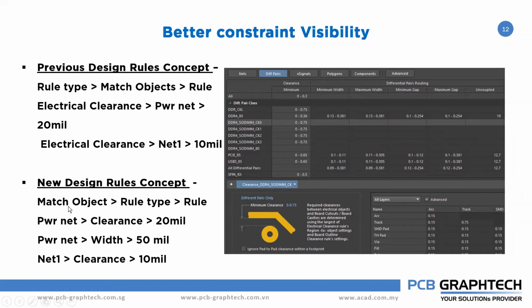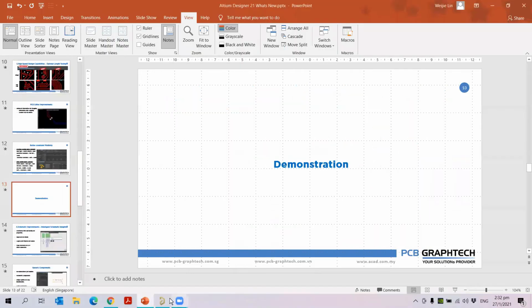But now in the new version, the improvement is we have the document default. So in the dialog box, you can select the design object directly, and based on that, you can set all the design rules. Based on the design object, you can set the design rules, edit the design rules, and validate the design rules. You can see all in one place. This is the improved version. But if you are not familiar, you can also use your earlier version. Okay, let me show you the demonstration.